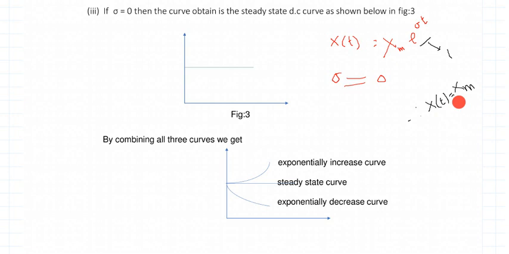And now if I assume that the peak magnitude of the signal is 5, what is the meaning of this particular sentence? X of t is equal to 5. The meaning of this is that for all the values of time t, x of t remains 5. If my x of m is 5, then x of t is equal to 5. It means that for all the values of time t, the magnitude remains constant at 5.